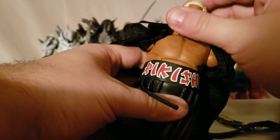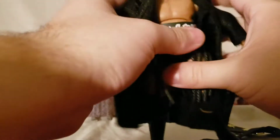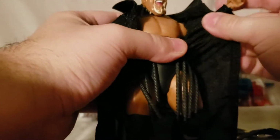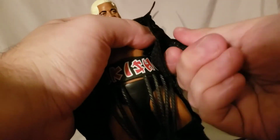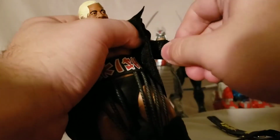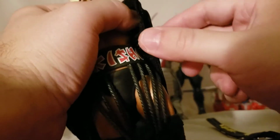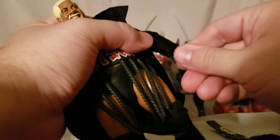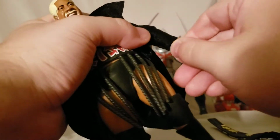For the articulation, the head moves side to side. We get forward and back. The arms, I can't get to move up. They're just really stuck. They should move up, and they don't really move in and out as much. It's hard to see, but he does have a bicep swivel. He does have a single jointed elbow, which is hindered a little bit by the elbow pad, which you also cannot see. He has wrist rotation and wrist hinge,